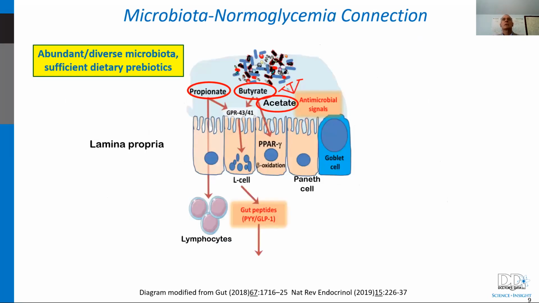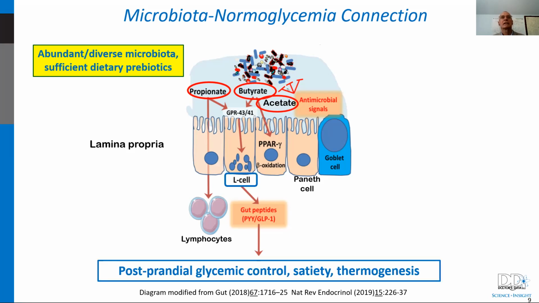So I really like pictures, and what we're looking at here is the mucosa under conditions of an abundant, normal biosis with diversity and sufficient dietary prebiotics. So what we have is the propionate activating lymphocytes appropriately, and propionate and butyrate activating the enteroendocrine L cells to secrete gut peptides, peptide YY and glucagon-like peptide 1. These have a net effect on the body of decreasing postprandial glycemia, affecting a positive satiety, and increasing energy